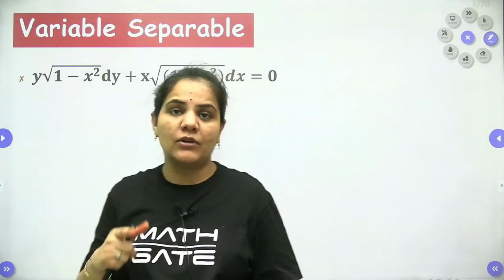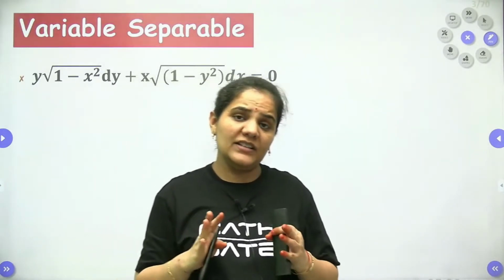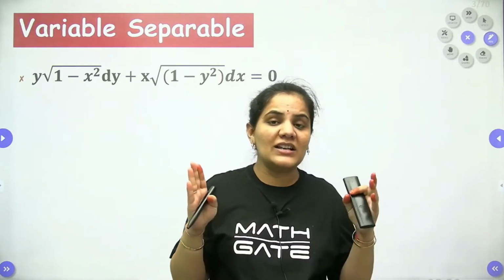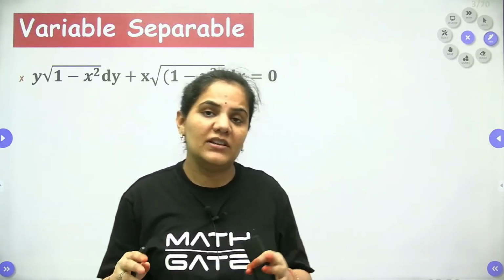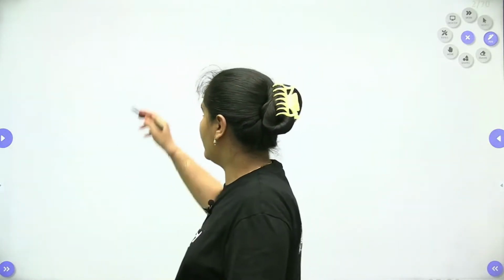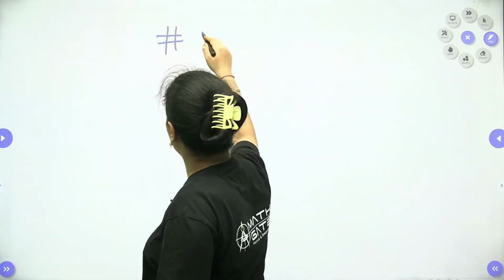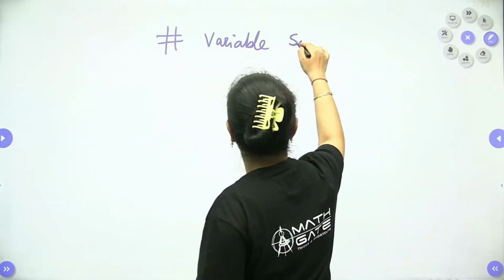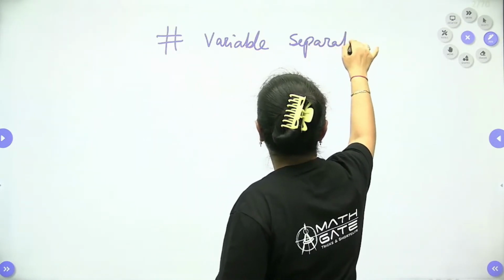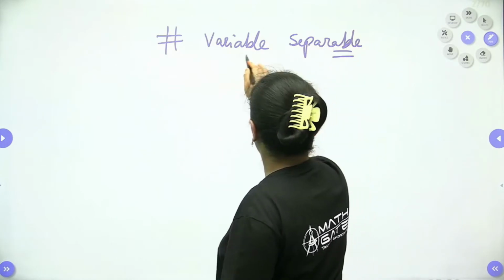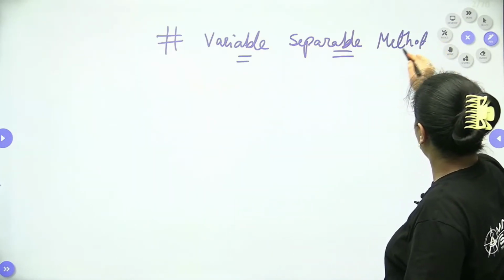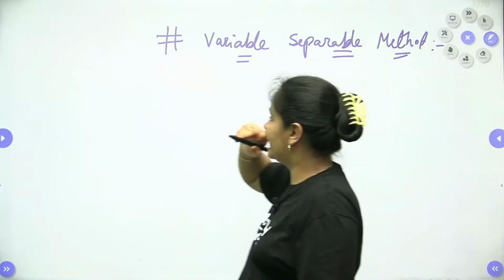As it is clear from its name, variable separable means when the variables are separate. So what you have to do in the variable separable method, let me write down. There are only two steps which you have to follow in the variable separable method. First of all, just observe the